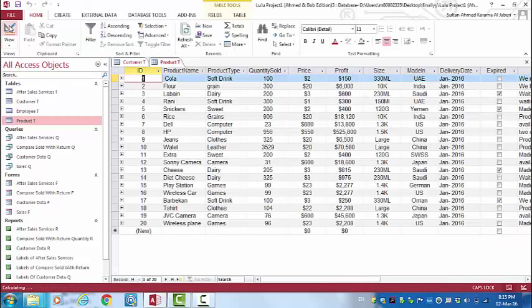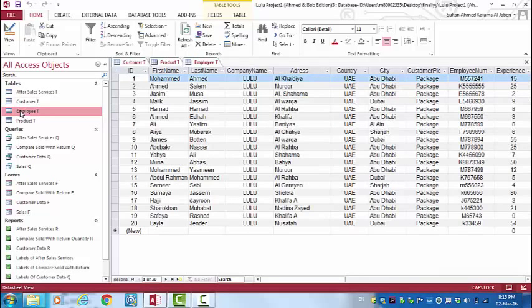We click again on view, and this is all the information about the product that we sell. The third table, as I mentioned, we have 4 tables, but the third table is the employee table. The employee table contains our employees in the company. We have 20 employees with their first names and last names. So we categorize our employees by their company, their address,